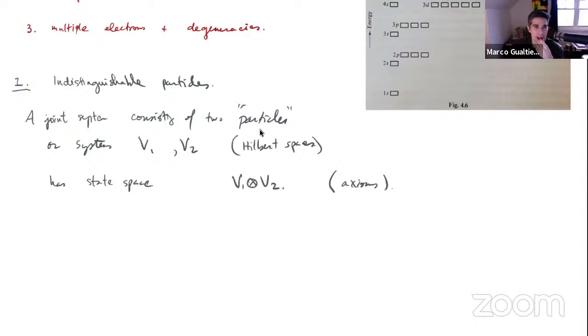The same physical state occurs. So in other words, if you have a multi-electron system or a multi-proton system or any kind of elementary particle of the same type system, then